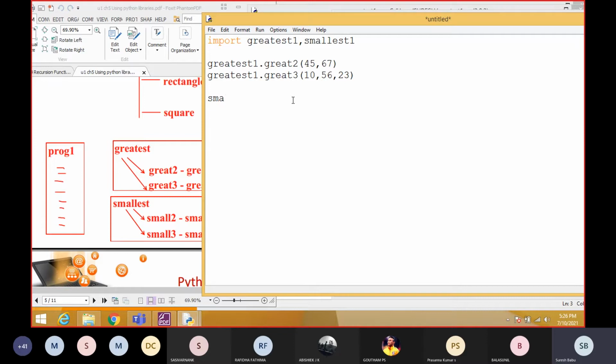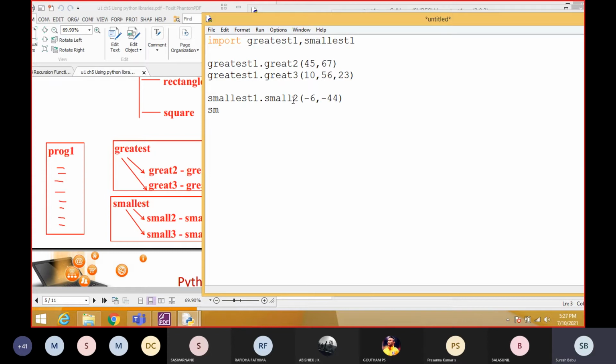Then the next function I'm going to call is smallest one dot small 2. I'm going to find the smallest value among the two numbers. I'm going to give the input value. You can give anything, so minus 6 comma minus 44.